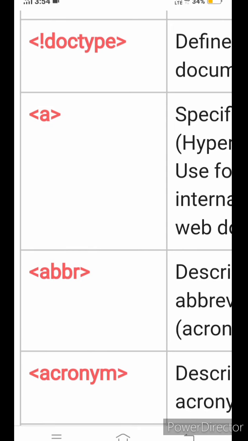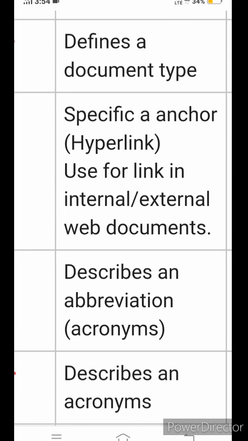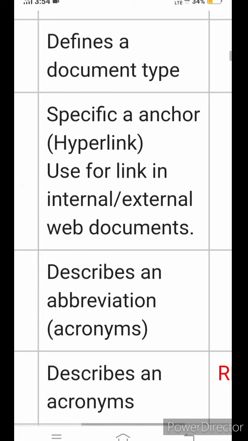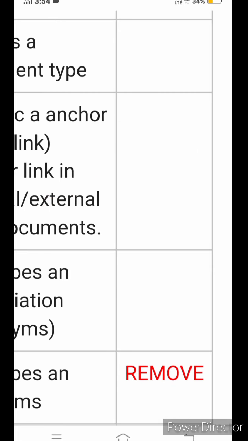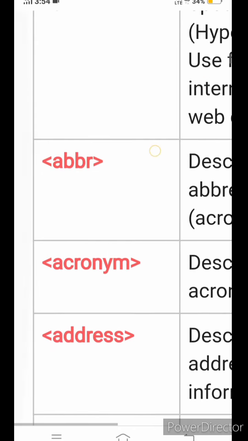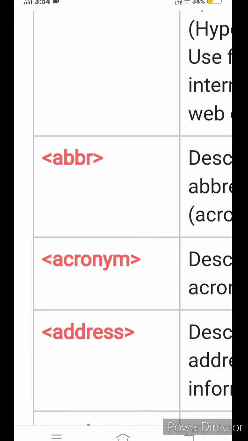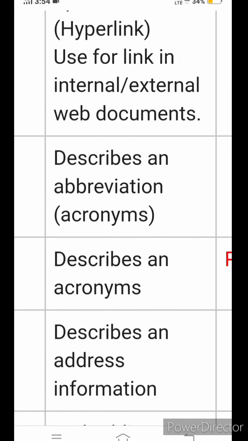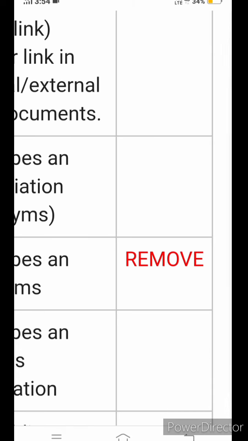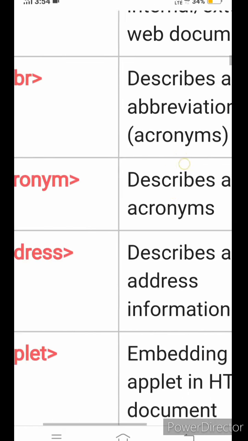A means a link. It specifies an anchor hyperlink used for linking internal and external web documents. This is also in HTML5 version. ABBR describes an abbreviation. This is also in HTML5 version.